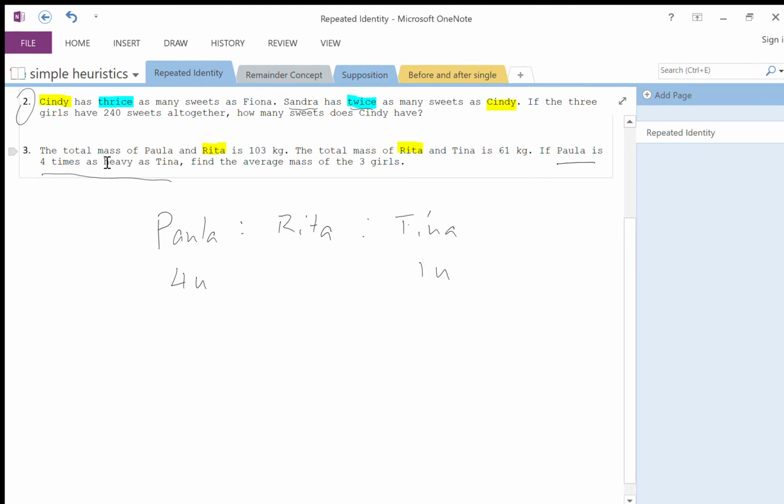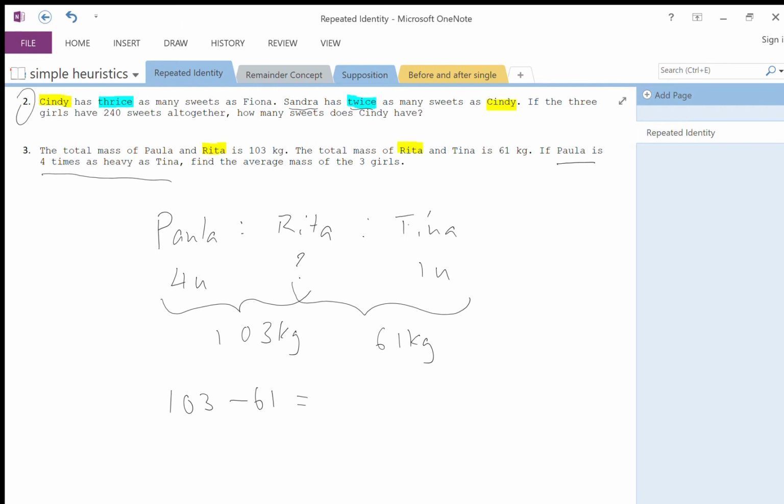And you see, the total mass of Paula and Rita is 103 kilograms. So this is a question mark. But what I know is, if I take these two, it is 103 kilograms, and Rita and Tina is 61. If I take these two, it is 61 kilograms, right? So the question is, what if I were to take 103, take away 61? What am I finding? Right? Anyway, 103 minus 61 equals 42 kilograms. What is this 42 kilograms? It's actually the difference